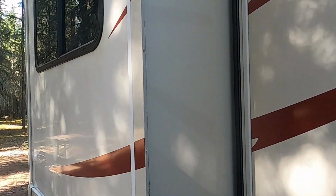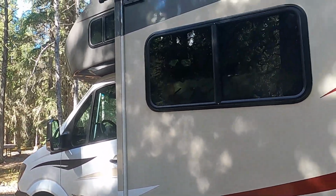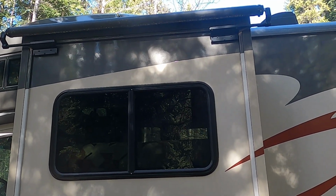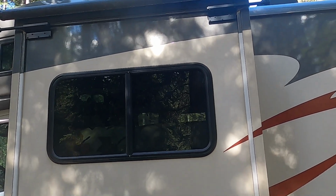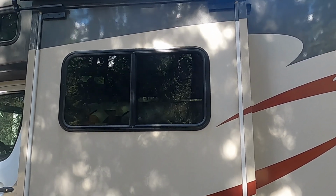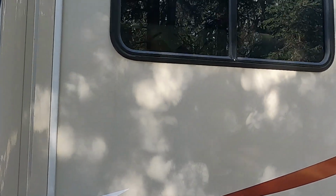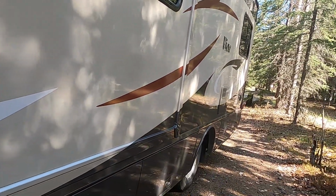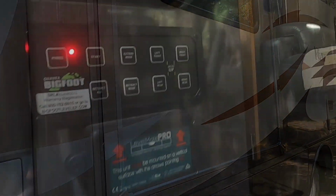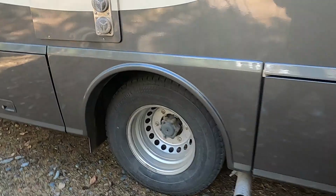Okay, this one's the side slide, which is our love seat. And again, one knock on the window. Nick is inside sitting on the love seat. You can't see it through the tinted windows, but he rides the love seat in. So he's watching over here. And he's watching over here. Making sure everything goes in correctly. And there it goes. Okay, now Steve is going to use this remote control panel and retract our Bigfoot levelers